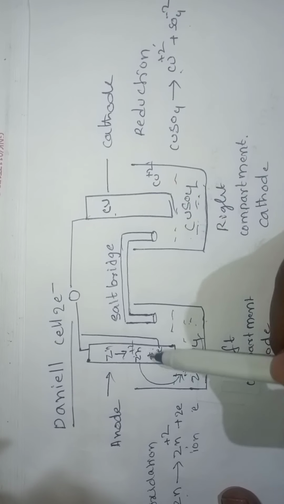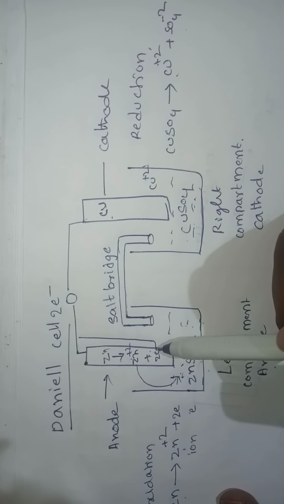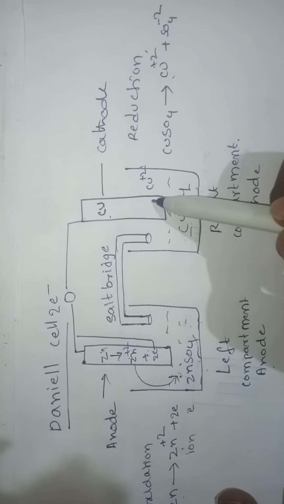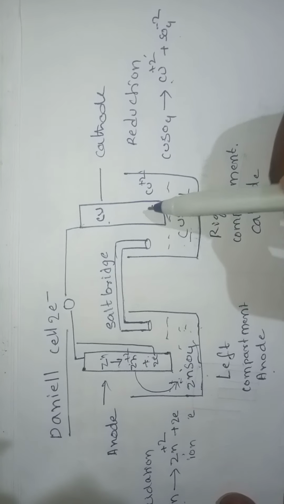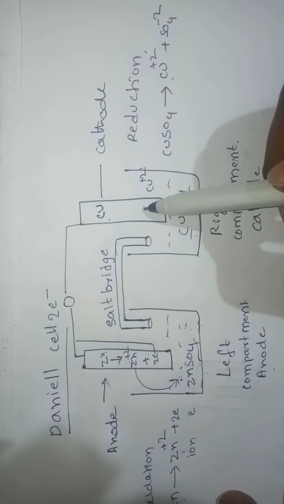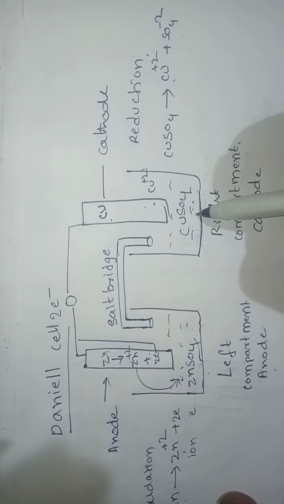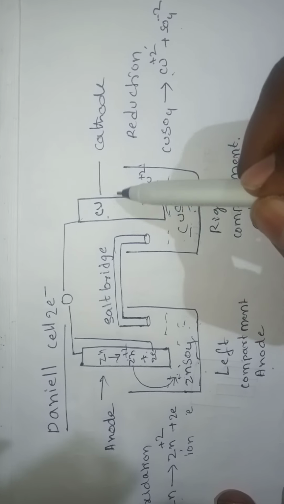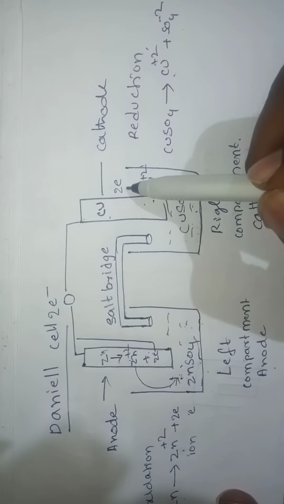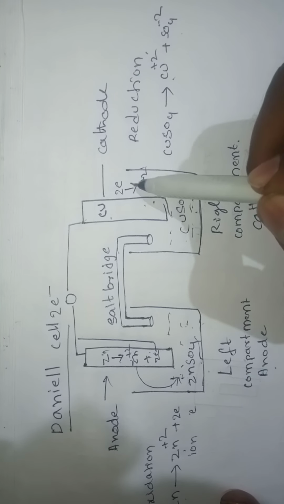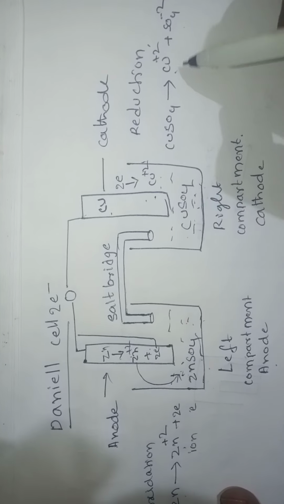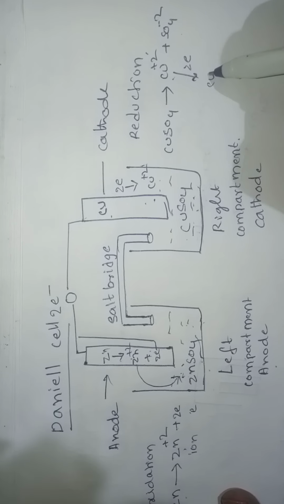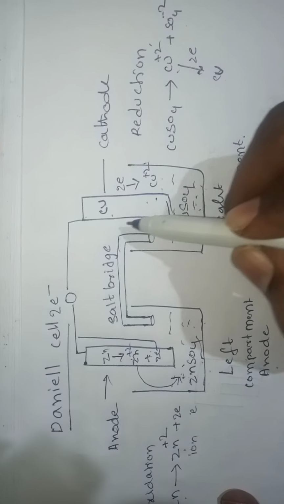The electrons released at the anode travel through the wire and reach the copper metal electrode, which is inserted in the copper sulfate solution. The solution carries cupric ions. These 2 electrons from the zinc electrode are gained by the cupric ions, and after gaining 2 electrons, they are converted into copper metal,